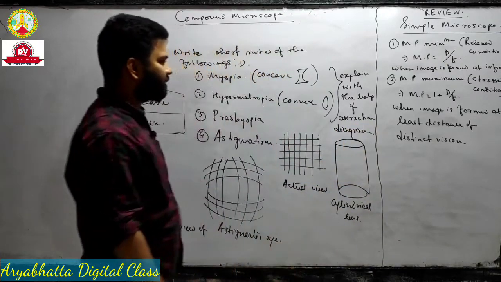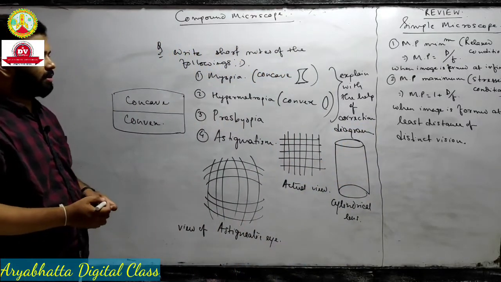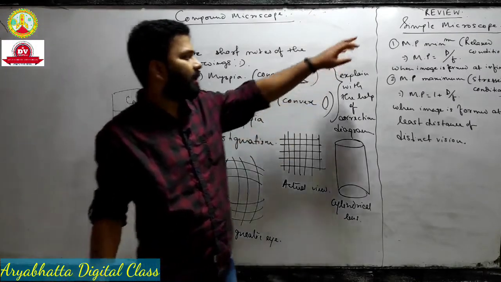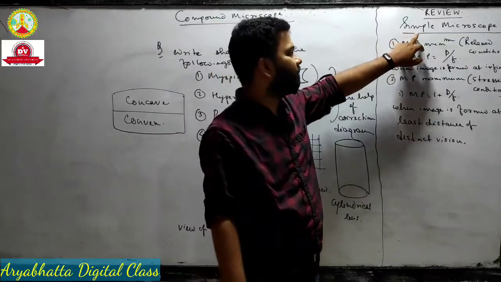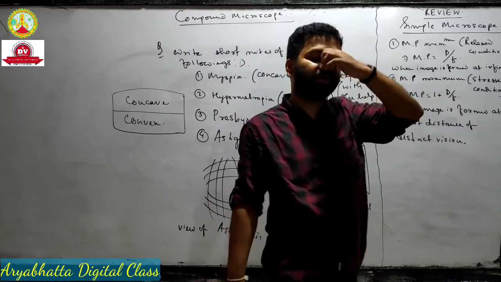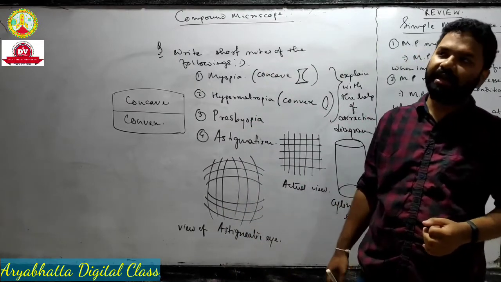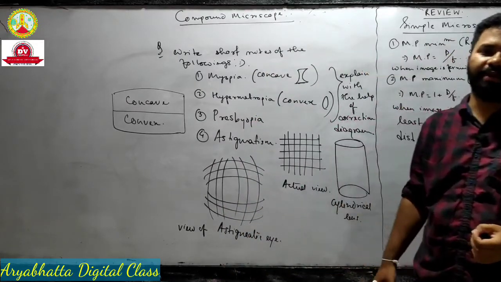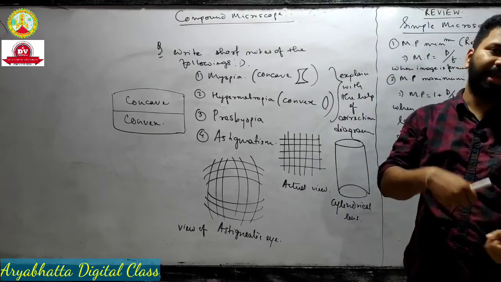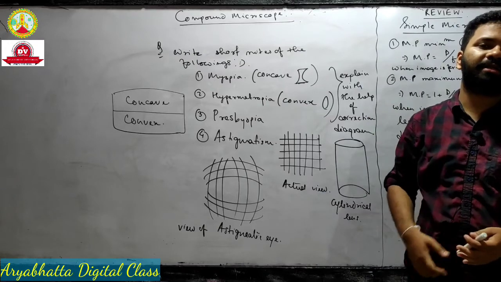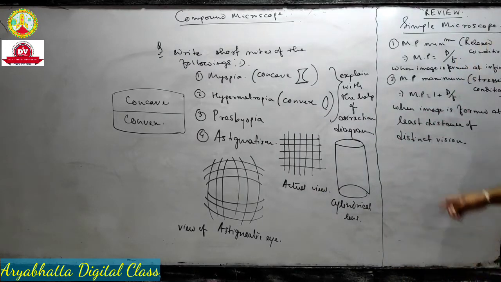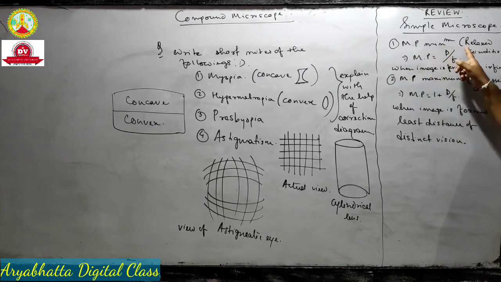Okay, so this is all about your eye. Done. So in the last class we also studied another optical instrument, that is the simple microscope. In case of the simple microscope, we already know that if we want to see an object which is located at a distance apart, then our ciliary muscles get relaxed, and as a result the focal length increases and power decreases.